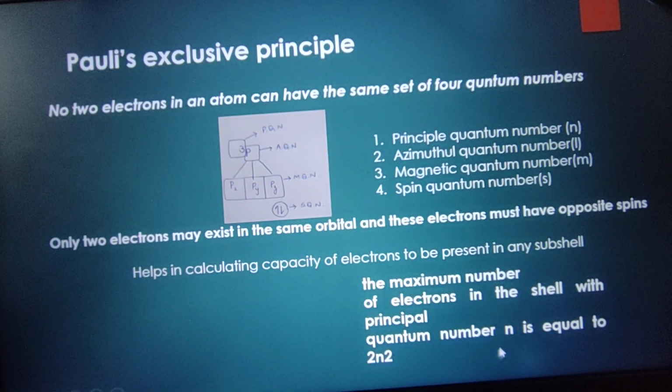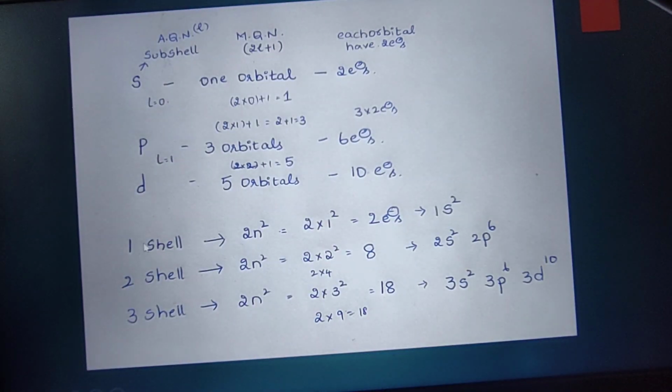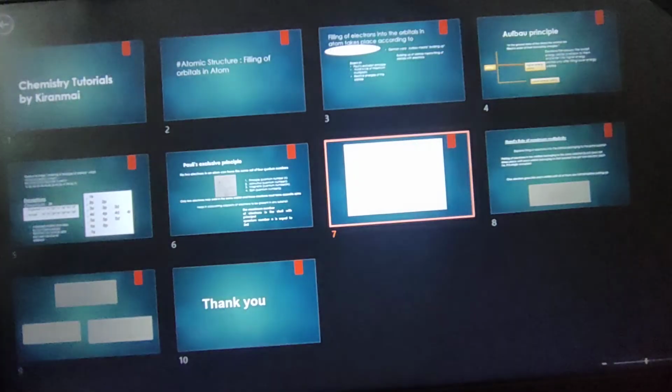See, for n shell, we'll have 2n² electrons. n shell means, suppose we are taking one shell. If we substitute this one, we'll have 2 into 1 square, 2 electrons. So one shell will have only one 1s². So same thing as I said earlier,